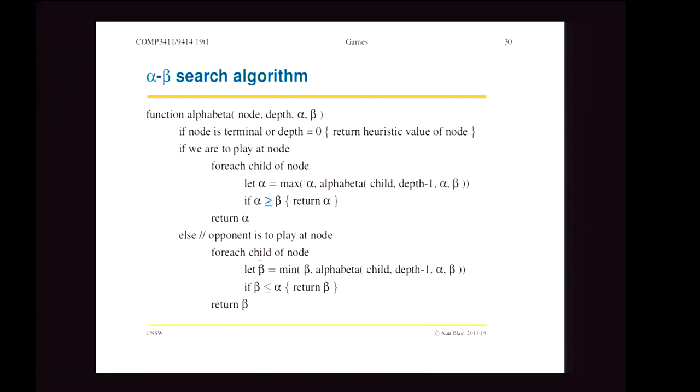Sometimes you'll see a greater than sign here and a less than sign here. People think that it's about two positions having the same evaluation, and they think, oh, it's very unlikely that two positions will have the same evaluation, so I don't have to worry about that, so I'll just put greater than. That's the mistake people make, but in fact, that's wrong, because if you look at this example,